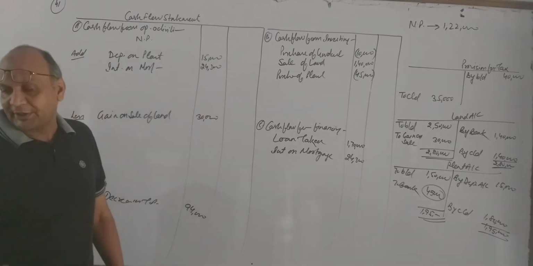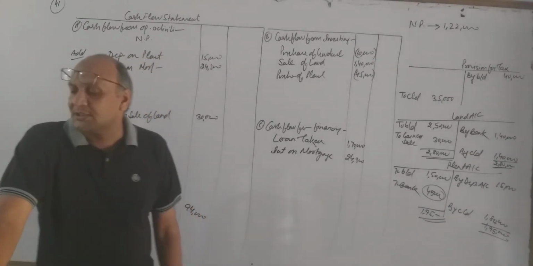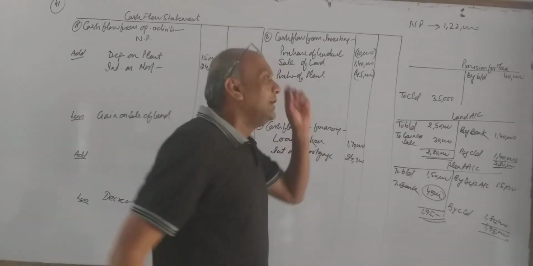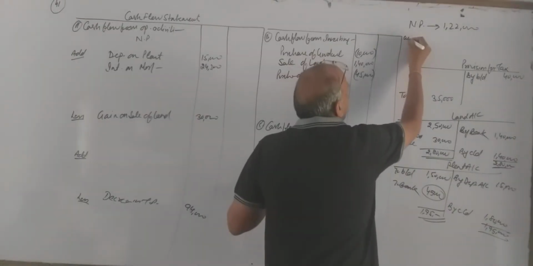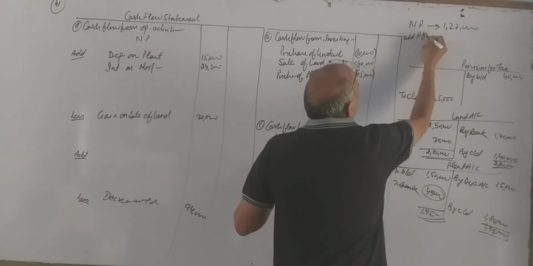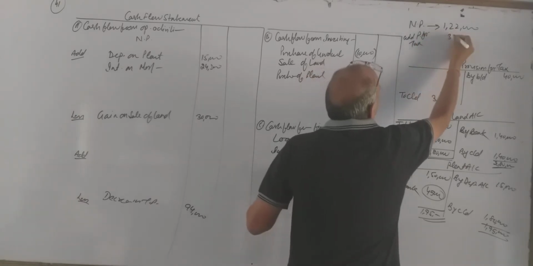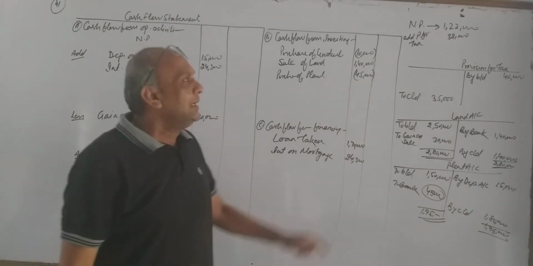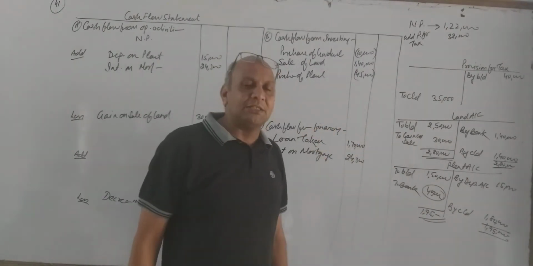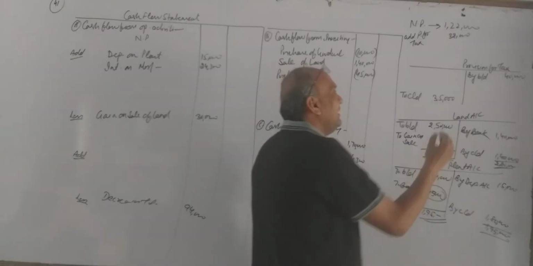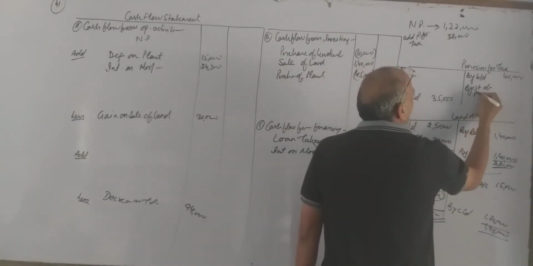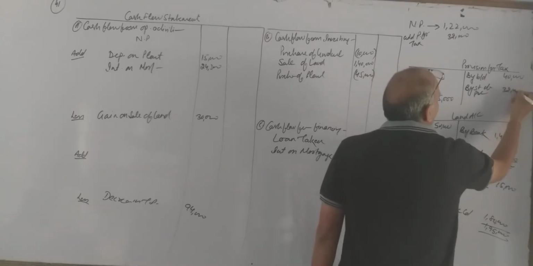The last adjustment, provision for income tax made during the year is 32,000. This year we have created a provision for tax of 32,000 rupees. So this provision is to be added in net profit, provision for tax 32,000 rupees. Each adjustment will be going at two places. We are creating provision of 32, our liability is increasing, that's why this provision will come on credit side, statement of profit and loss, 32,000 rupees.